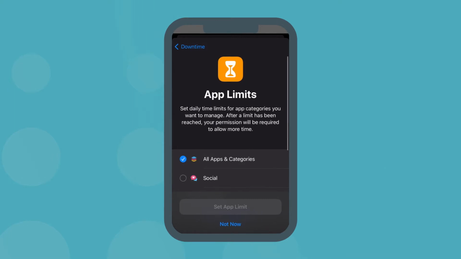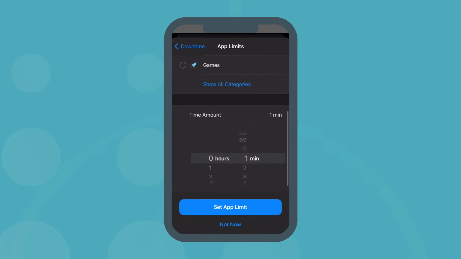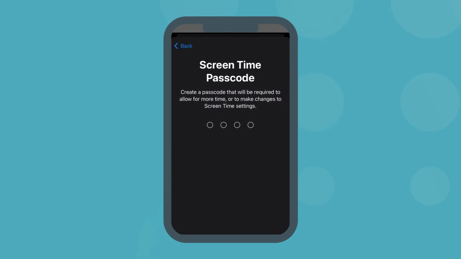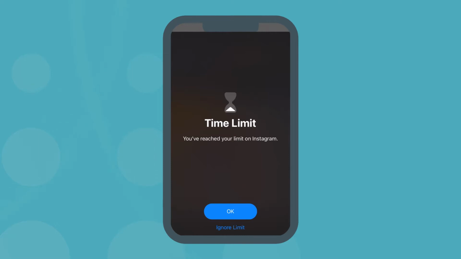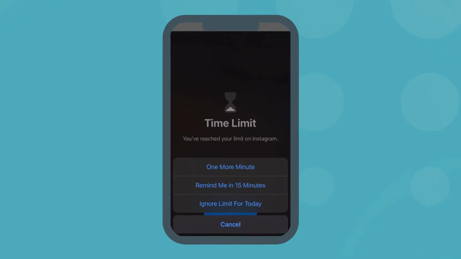You can also limit apps and app categories during this downtime. Here we've set a 1-hour limit on all apps. Next, you can set up a passcode that allows for more time on the app or use of any features that you might have blocked. Obviously, you'll want to keep that to yourself. Once that's done, you can make more adjustments. When their time is up, they'll see this screen or selected apps blocked out. You can add your passcode to give them more time in the app or lock them out. To make changes, use your passcode on their phone.